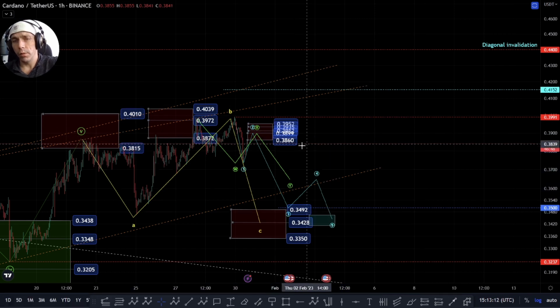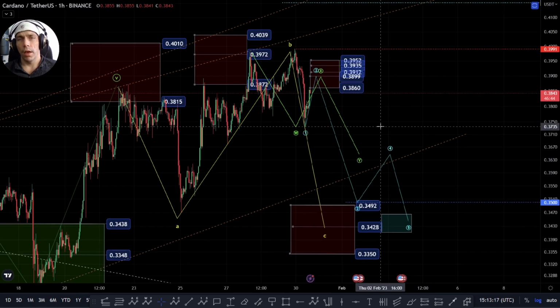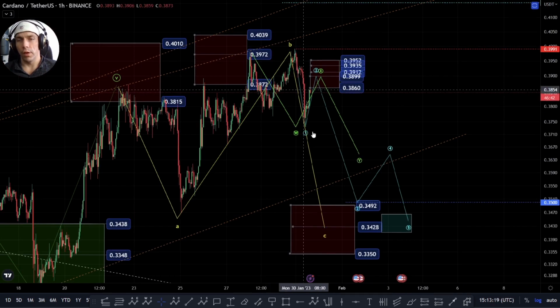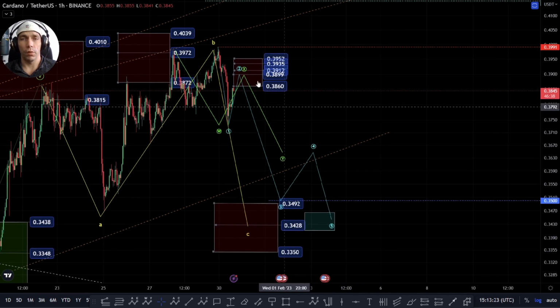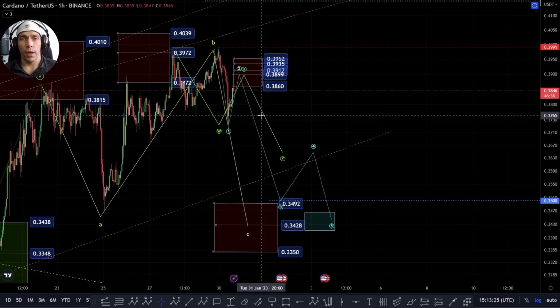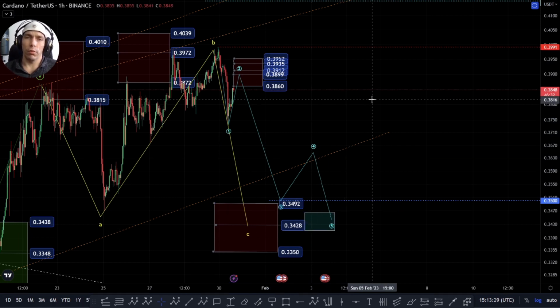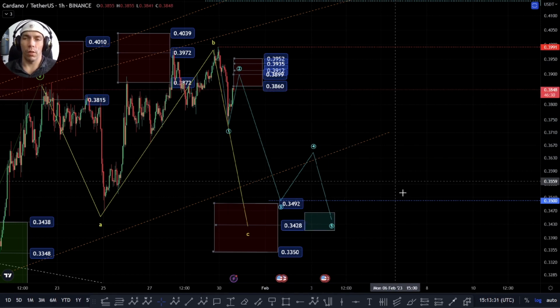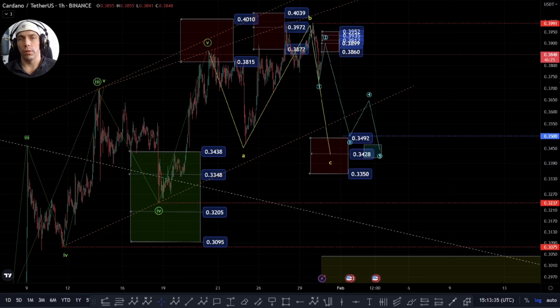So we'll have to just keep an eye on it. But otherwise, we could actually have this thing completed into here, and we could actually be starting this with a 5-wave move down, and we'll have to see what happens after this 5-wave move. If we have this 5-wave move to the downside, we'd have to watch that retracement, see if we get rejection, and whether we actually start to move away again, because we have also been talking about this in a slightly